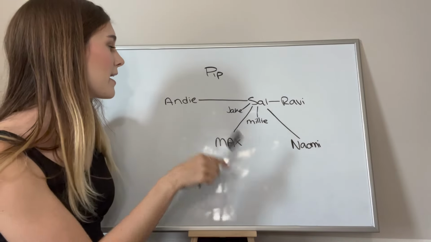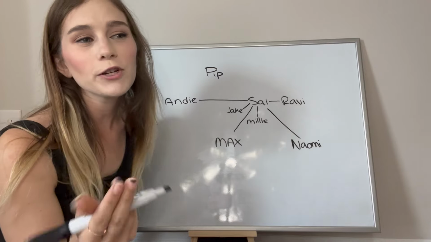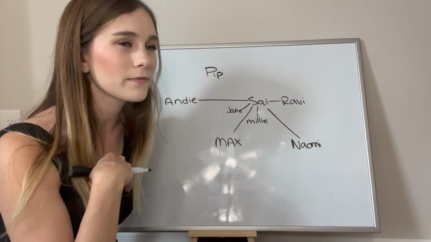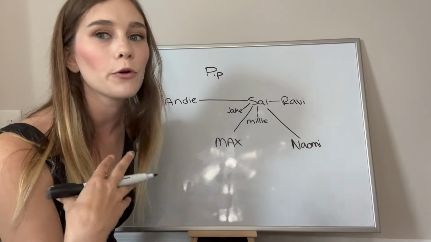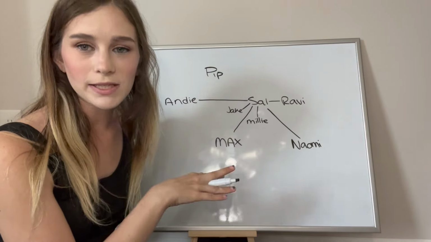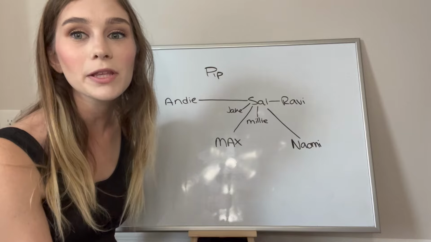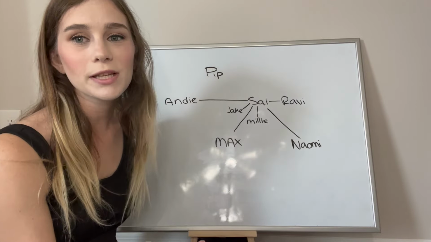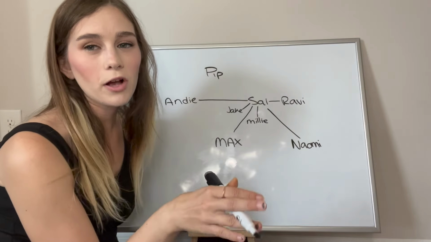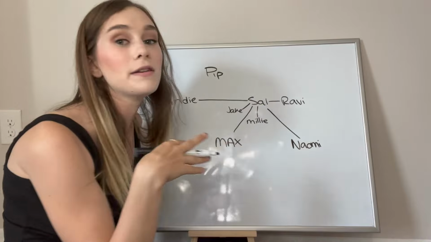So the weekend that Andy was missing, Sal was relentlessly calling her phone over and over again. And first of all, why would he be calling her phone if he killed her and he had the phone in his possession? Why would he be calling her phone looking for her and be so distraught and so upset because he thought she was missing? Ravi also tells us what kind of person Andy truly was, saying that she was very manipulative, and that basically if she was the type of person who was going to disappear, then she did it on purpose to punish someone. Ravi also says that he always thought Naomi had a crush on Sal, even though Sal never reciprocated